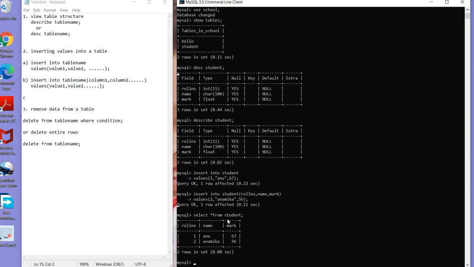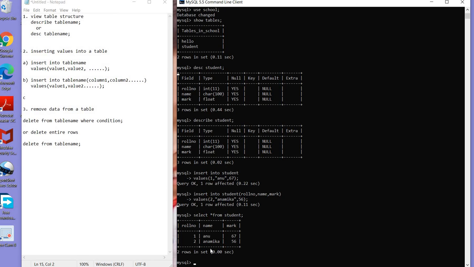I inserted two values, roll number 1 and roll number 2, that means two rows. By putting the command SELECT star from student, which is used to retrieve all the data from the particular table, you got all the values.